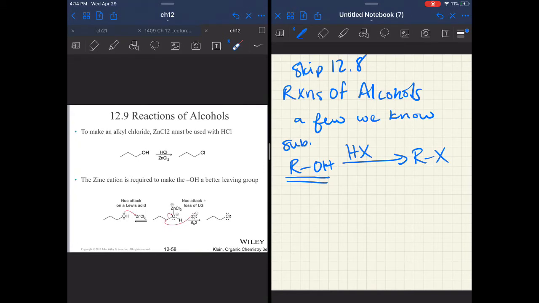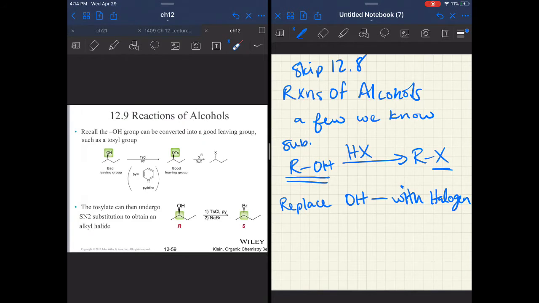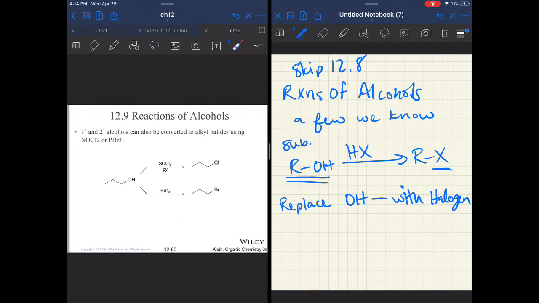There are a few other reactions where we can replace an OH with a halogen. And I don't necessarily want you to know the mechanisms, but I want you to know the reagents. There are a few. Okay, so here they are. We'll go back to that last slide, but these are the ones I wanted to show you. You should know